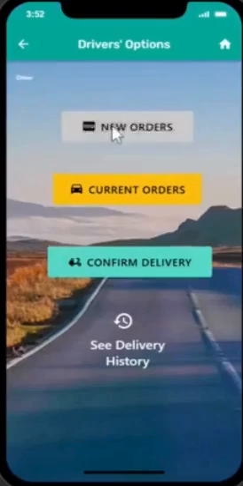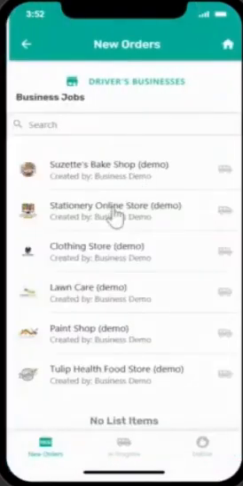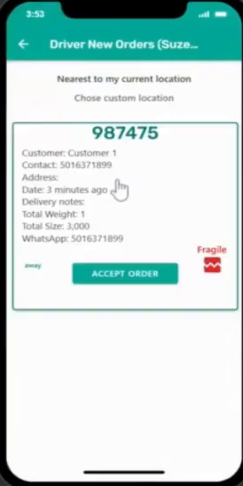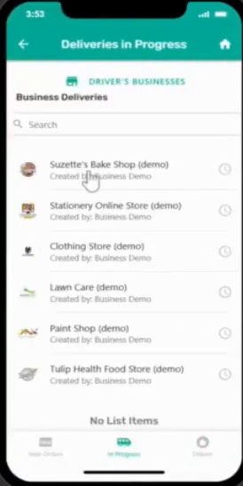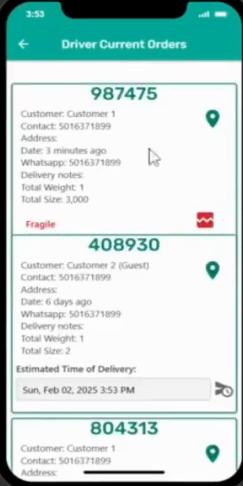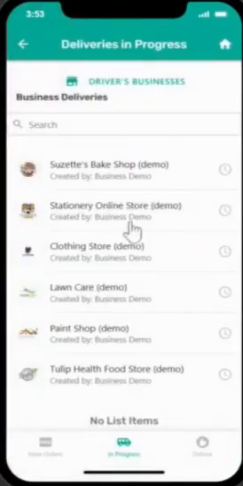The driver is going to come and look to see if there's any work for the Suzette Bake Shop to deliver. And here is one, the same one. Okay, and he's going to accept the order. So going to In Progress, you will see the same order right here. Okay, and then going further on now,